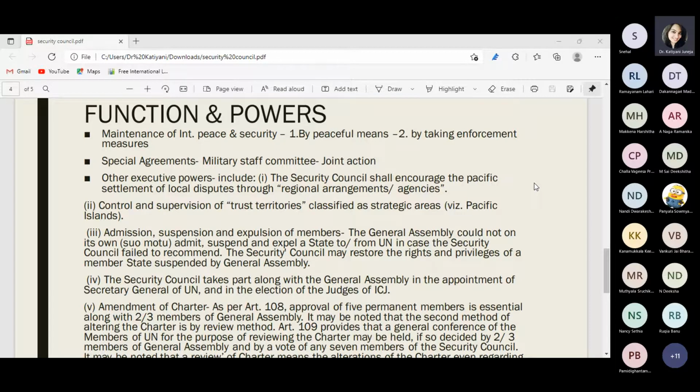So the permanent members of the Security Council, as far as these two ideologies fail, the agreeing on the special agreements, or taking military staff committee into action, then when these two do not conclude, there is a joint action that is taken by the great powers, done on behalf of the organization. So these great powers under this Article 106 determine the enforcement action. And enforcement action could be any,